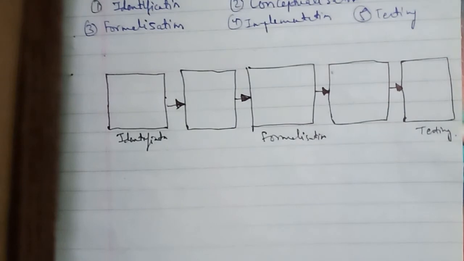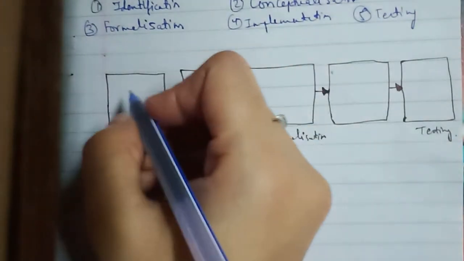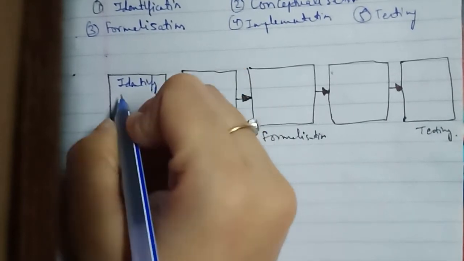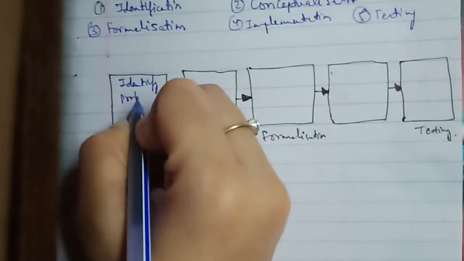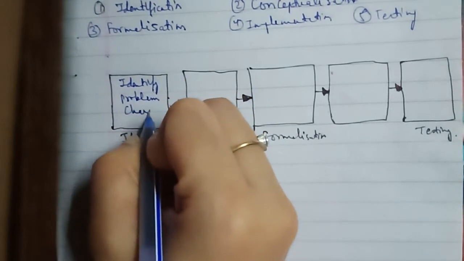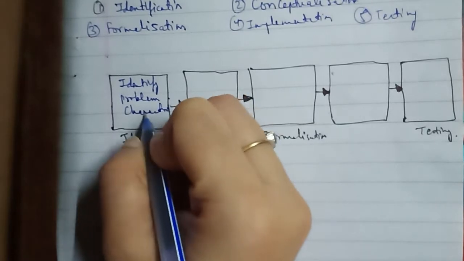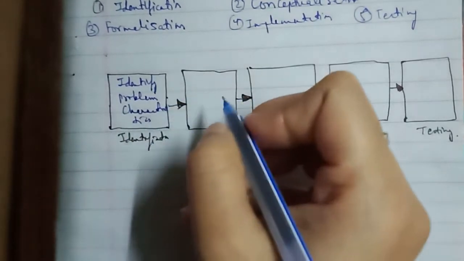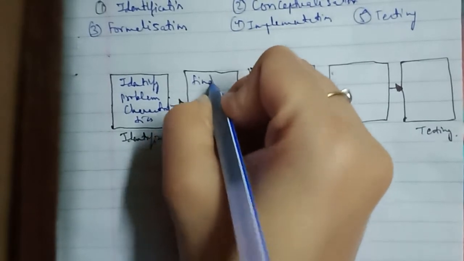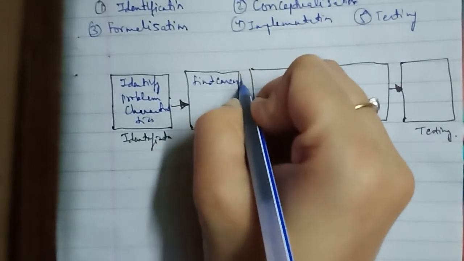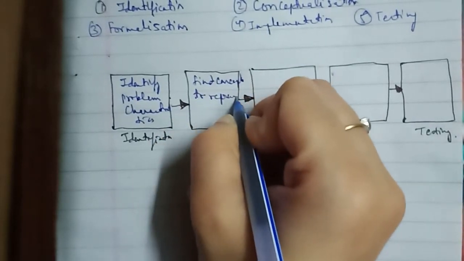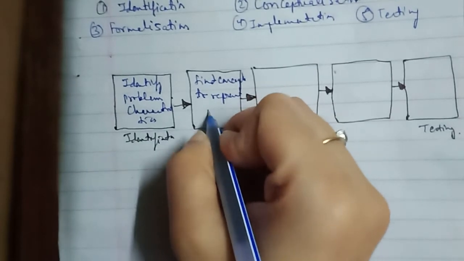In between that, first we have that identification is to identify problem characteristics, and where that is to find concept, to represent knowledge,